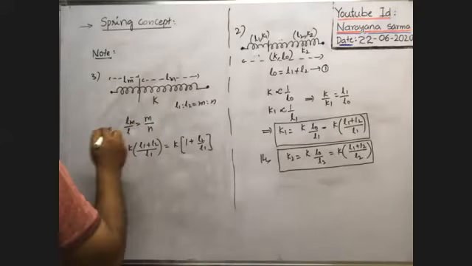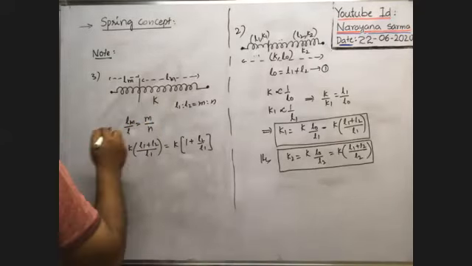In this way, we can write. Sometimes the ratio is given: the given spring is divided into two parts, then what is the ratio of their spring constants? Already we know K is inversely proportional to length. That's why the ratio between the spring constants of these two parts, the spring constant of this part is Km and of this part is Kn.